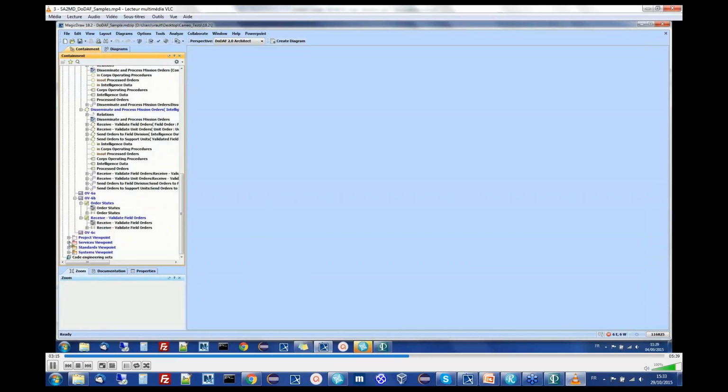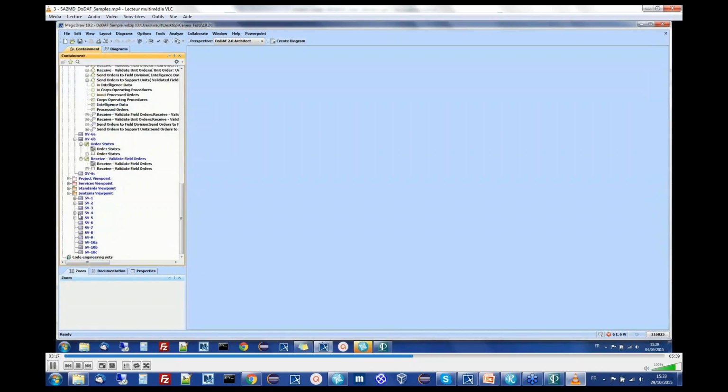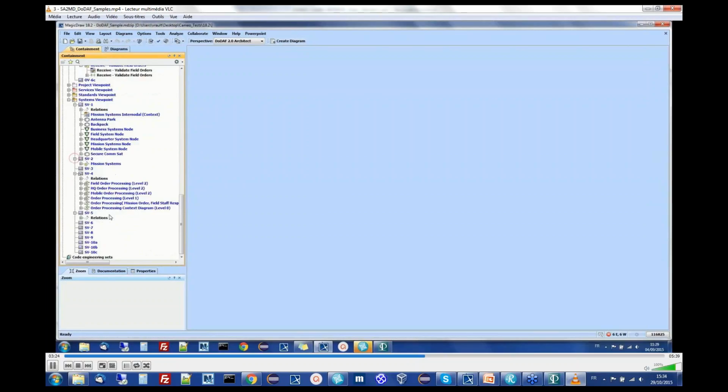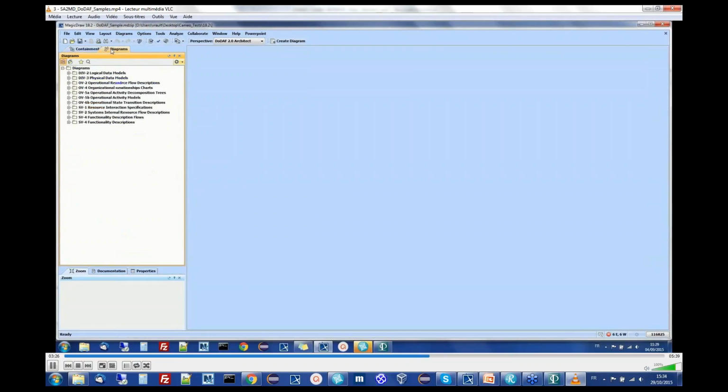We also have the service and system views created. The systems, etc. If we check our diagrams, here we can see our DIV2 diagram,